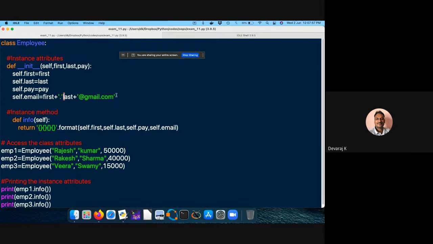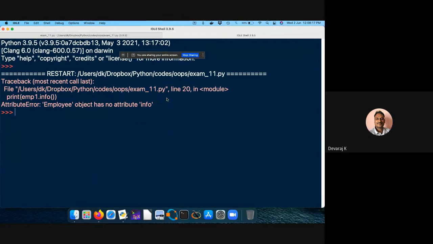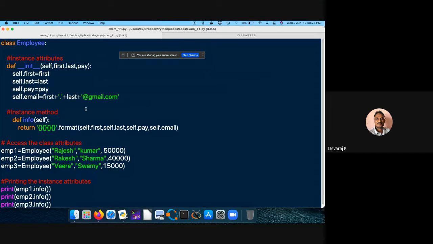Invalid syntax. Okay, fine, it should be a plus actually. So it should be plus on either side. Okay, that's fine. Now it says Employee has no object info. self.email.